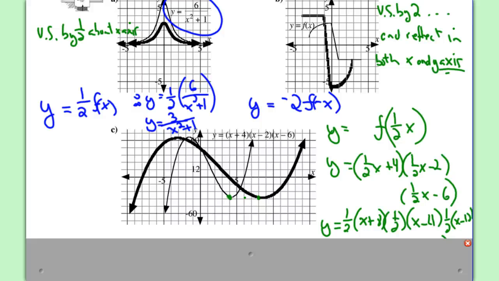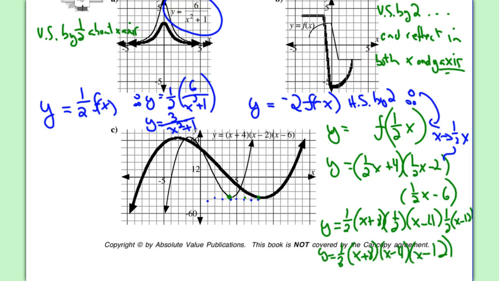Well, it has been horizontally stretched by a factor of, well, let's see, 1, 2, 3, 4, 1, 2, 3, 4. So it's been horizontally stretched by 2. Therefore, we would write that transformation equation, and if we replace x with 1/2 x, we now get a new function that looks like this,